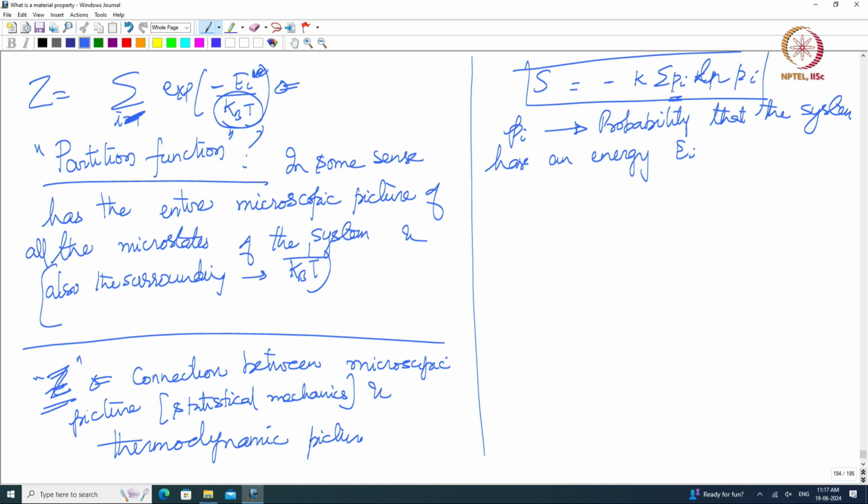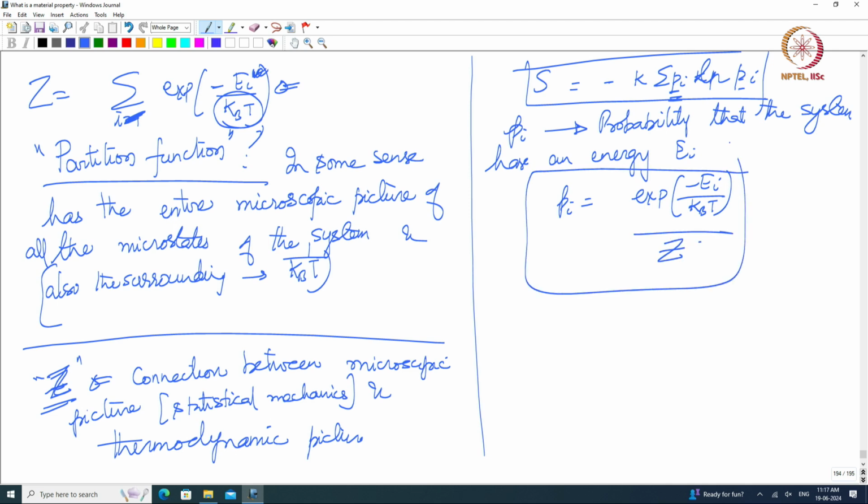Now the entropy, so there is a temperature that comes in at every pi, right. And pi is actually equal to e power minus ei by kBT divided by the partition function Z, right. So, this is something very important that comes out of StatMech. Now, this energy of the system is some sort of an internal energy, and that can keep changing because the system is exchanging energy with the surroundings, right. So, all right. Okay. So, with that, let us look at